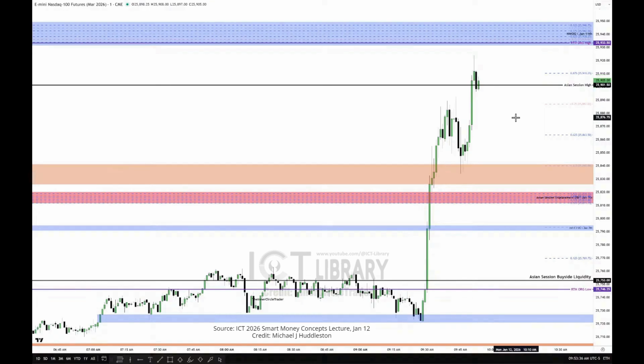Previous session, first presentation of fair value gaps, grading the opening range gap. We saw it run real quick to consequent encroachment, which is this level here, which is half of the gap. 70% of the time, you're going to see that deliver by 10 o'clock in the morning. So right away, you have a huge advantage of knowing where that is, and the market will likely gravitate to that.